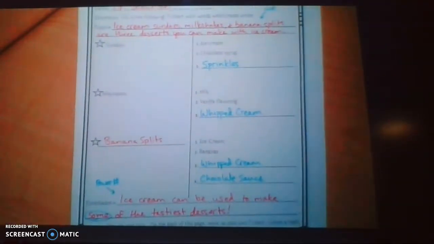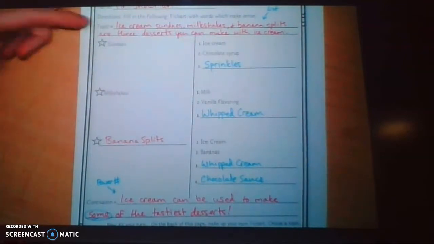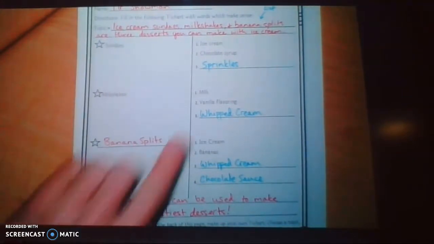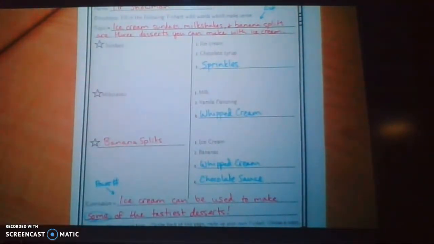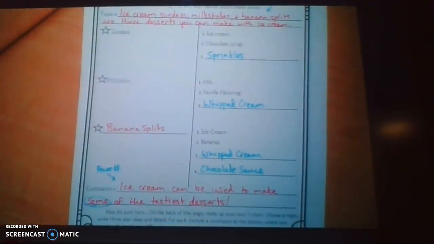Once we've filled all of that out, we're left with this nice organizer that's going to help us write a whole paragraph with all the parts that we need. The topic sentence, the star ideas, our supporting details that are relevant and specific and support them, and then our conclusion. Okay, we did the hard part, we did all the hard work. Let's take all that information